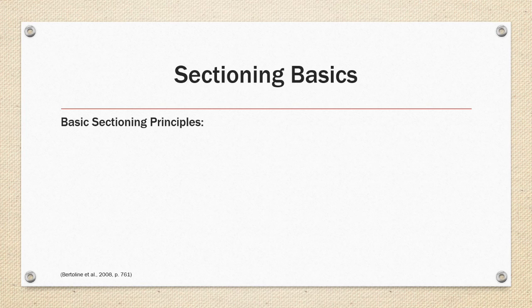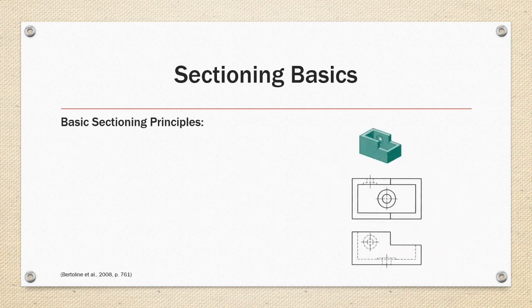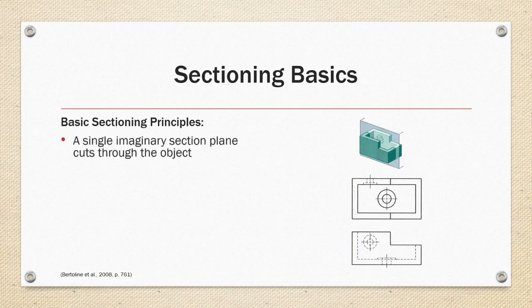Let's review the basic principles of sectioning with the example object on the right. If we were to draw standard views of the object as shown on the right, we would have hidden lines for all the interior features occurring in the front view. Adding a section view allows for the object to be cut by an imaginary section plane. The cutting plane is defined in the drawing by drawing a cutting plane line in a view normal to the section view, and the direction of view is designated with the arrows, as shown in the top view of the example on the right.